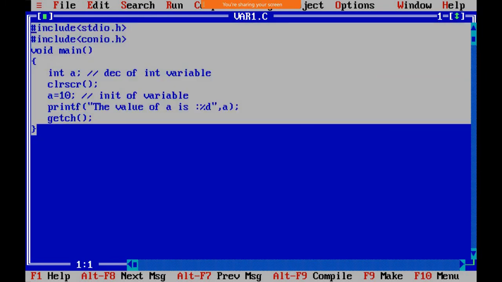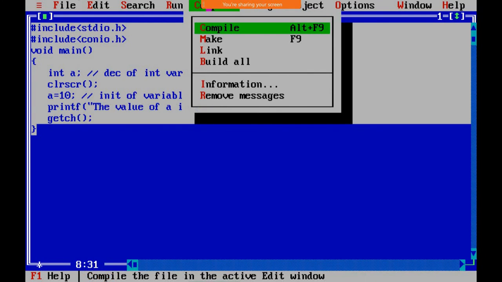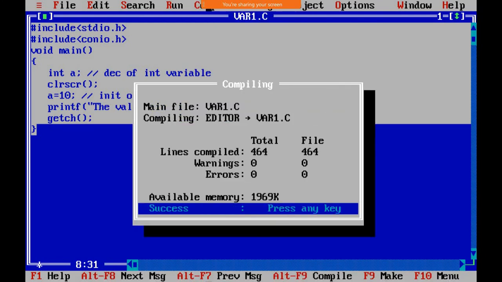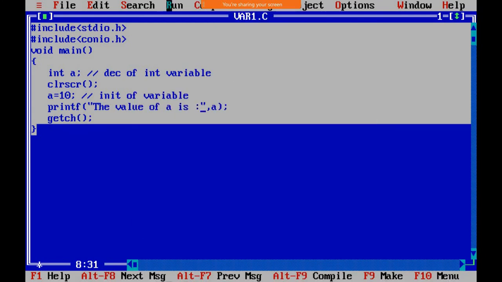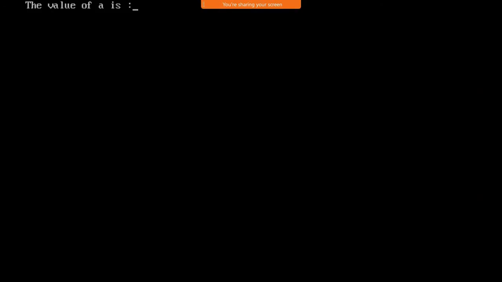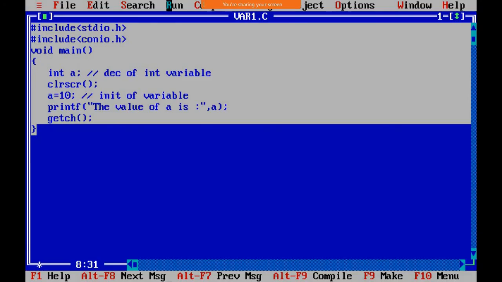अगर %d नहीं लिखते हो तो क्या होगा? Just we did the practical. So here I will remove the %d and just compile it. Compiler does not show any error. Okay, make a note of that. Compiler does not show any error, and when we print the value, we get the value as empty. See why? Because format specifier is used to print values like float value, double value, and character value.